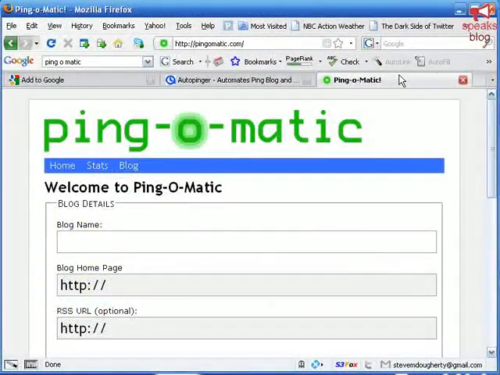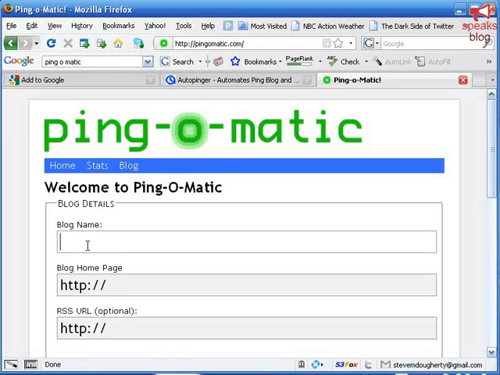Use Ping-O-Matic. And again, you don't want to do both of these on the same day. And after I show you what AutoPinger is going to look like, just know that Ping-O-Matic will do the same thing, only it will show you the results differently, like a lack of. In this case, under blog name, you can put whatever name you want. Put your name, put the name of your Twitter page. In my case, it's Hot